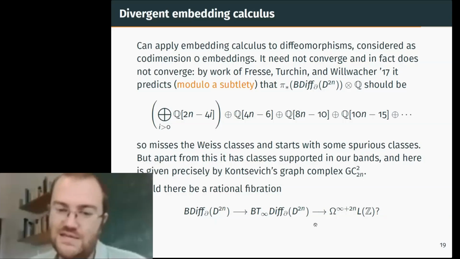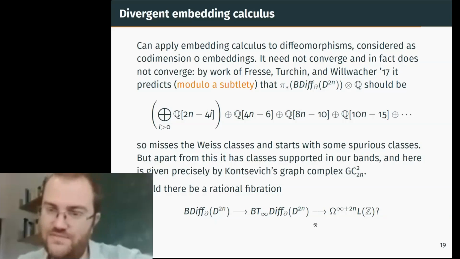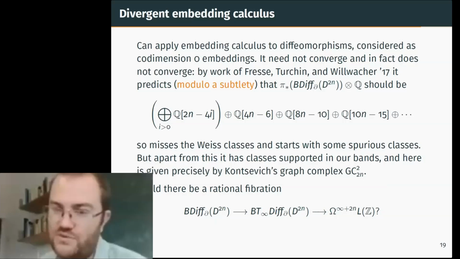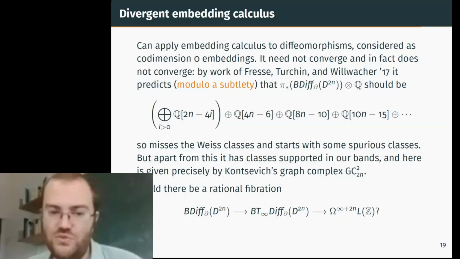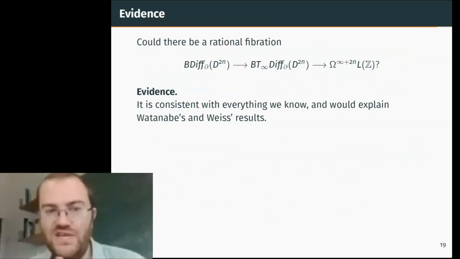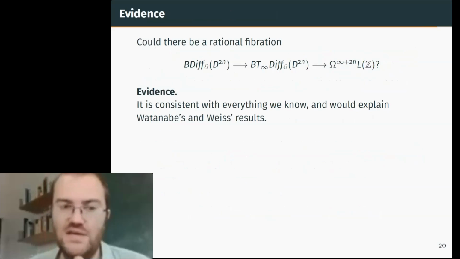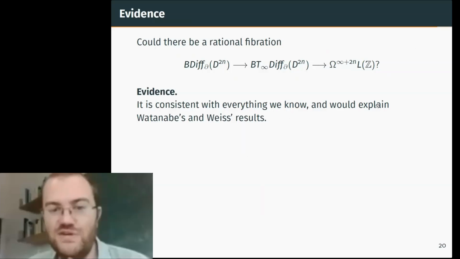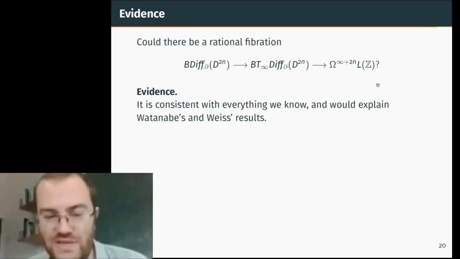My guess is some version of L theory, which is well known to have homotopy every 4 degrees, a copy of Q, and also to be closely linked to Pontryagin classes. So you might ask if this were true, and I'd like to finish by offering a few bits of evidence for this. As I said, the first bit of evidence is that this is consistent with everything we know.